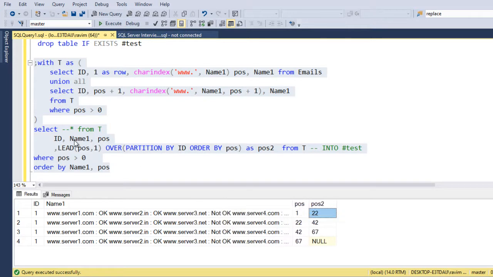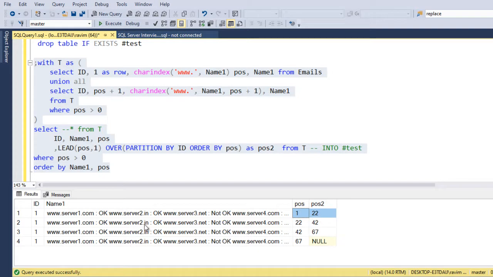So I'm using a lead function, so that I'm just trying to find the complete string of the first website. The first www dot starts at the first position, and the second www dot is all the way at the 22nd position. So I'm trying to find the first position and second position, so that I can separate out the first website and its status.